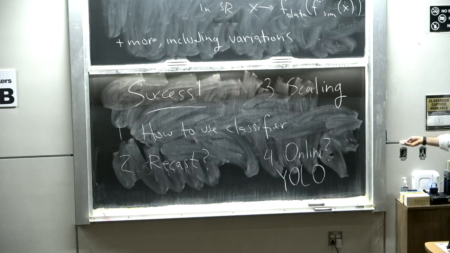Now, for an autoencoder, you could train an autoencoder offline and then apply it and save the ones that have the worst reconstruction loss, for instance. But then what would you do with that? And I don't really know. So that's basically, these are, I would say, the biggest questions, and there are some other questions as well.